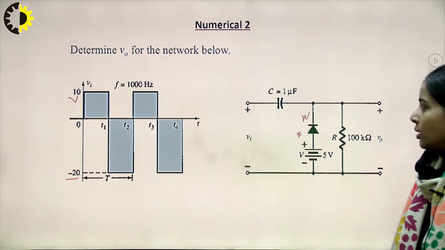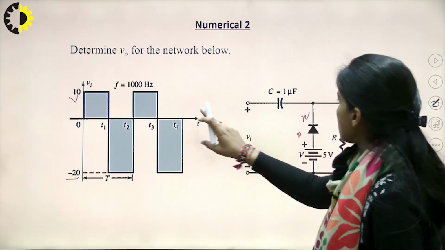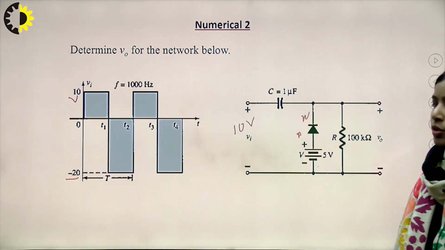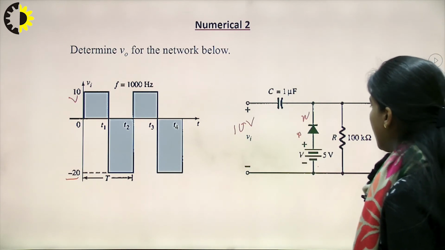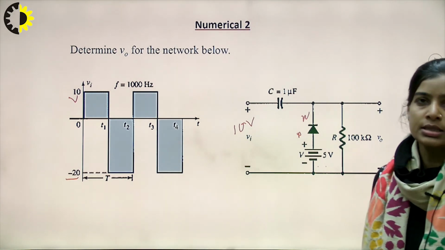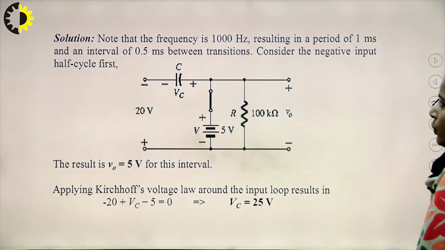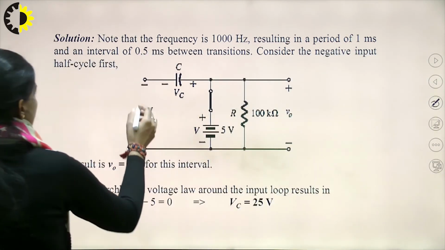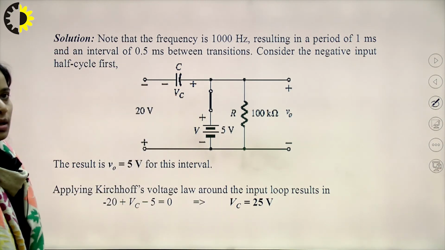input side. So, what will happen for the positive cycle? For the positive 10 volts, here we have 10 volts that is appearing across this input terminal. Here we have a capacitor of 1 microfarad and a voltage of 5 volts. Load resistance taken here is 100 kilo ohm. So, the frequency here is 100 hertz. So, what will happen, first taking the negative half cycle? Here the negative 20 volts will appear.